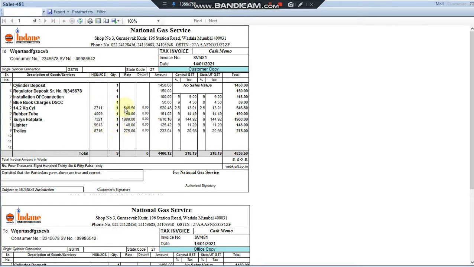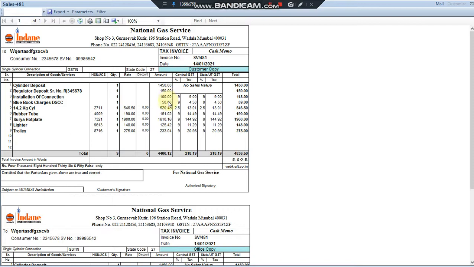Quantity appears in this column, then the rate for all the products, the MRP and discount if any. Here are the amounts: cylinder deposit, regulator deposit, installation of connection, blue book charge. If you see the first two items, 1450 and 150, there is no GST because they are not sale items, they are just deposit collected.